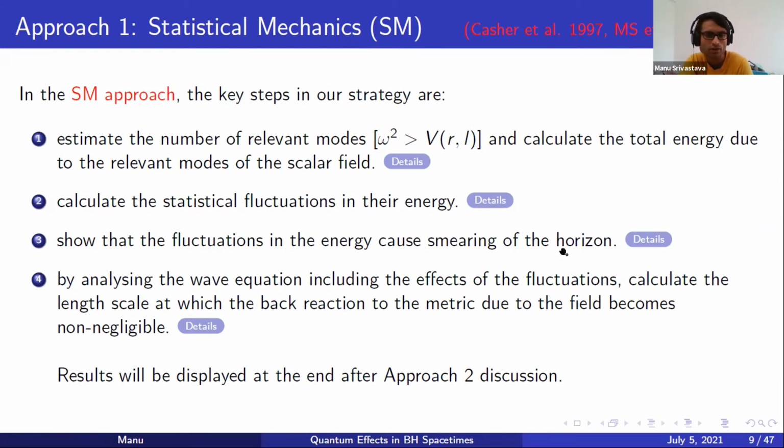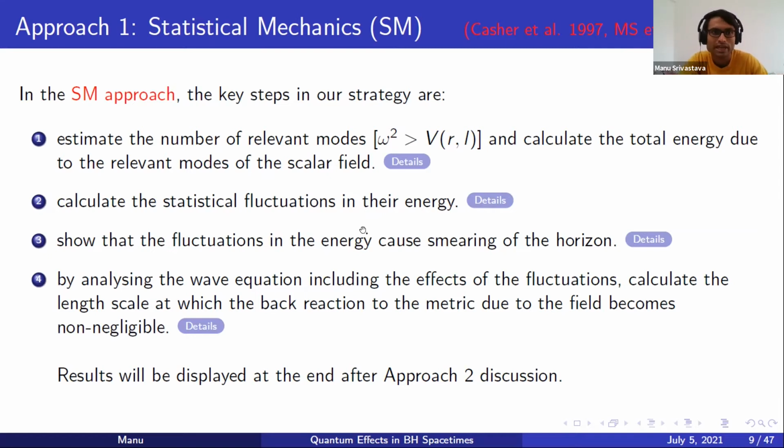What I mean by smearing of the horizon is, if you consider a very basic case of the usual Schwarzschild black hole, the horizon is at r equals 2m. If there is some statistical fluctuation in the mass, say m goes to m plus delta m, then your horizon radius will also change from r equals 2m to r equals 2m plus 2 delta m. And that delta m is a statistical fluctuation. It can increase, decrease, and things like that. So this statistical fluctuation is creating an uncertainty in the horizon radius, and that is what I'm calling the smearing of the horizon.